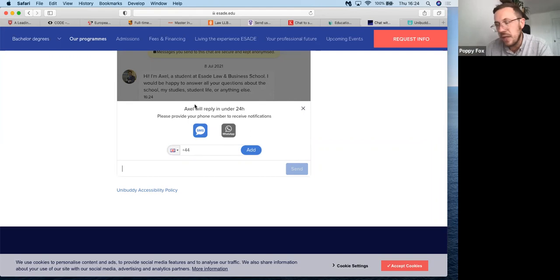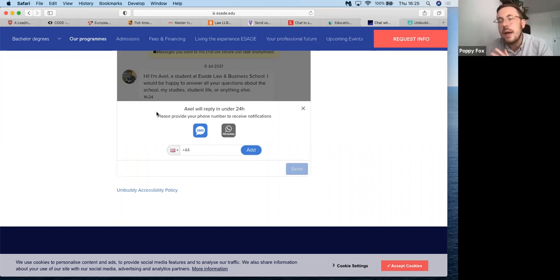So firstly, they're notified that they'll get a response within 24 hours. That takes a bit of pressure off your ambassadors. The expectation is they don't have to drop everything and start responding straight away. They may be in class, they may be working an internship, but within 24 hours, they'll be sending a personalized response. But also, your prospect can then link this to their WhatsApp, text, or email.